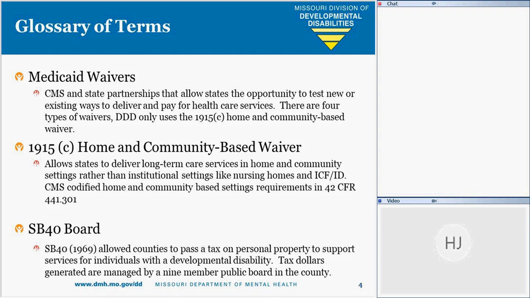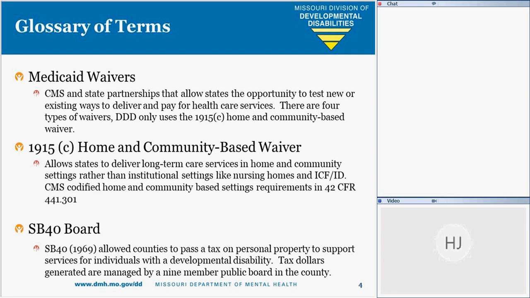CMS codified these settings requirements in 42 CFR, the Code of Federal Regulations, 440.301, which I know is a lot of numbers and letters, in 2014. They are requirements that have always been in place with the actual waiver documents,